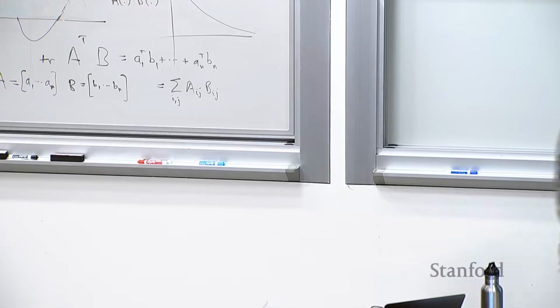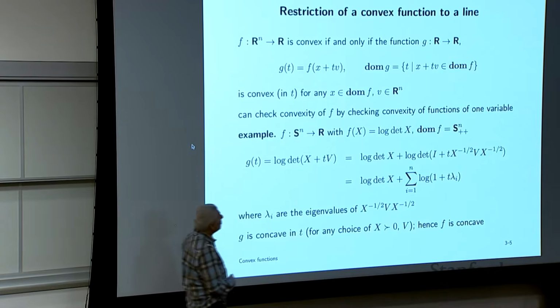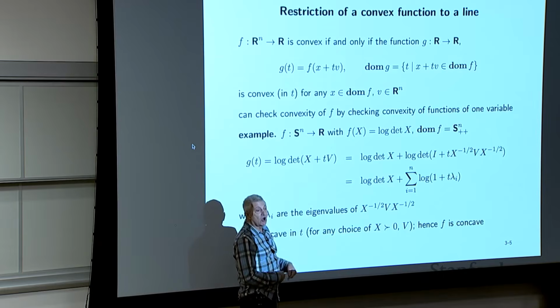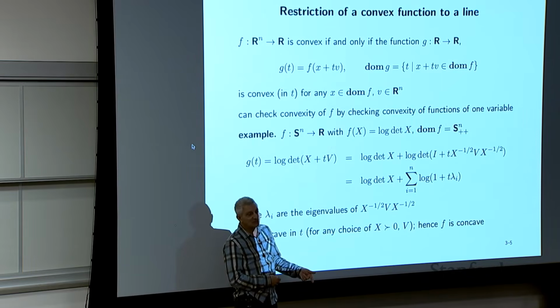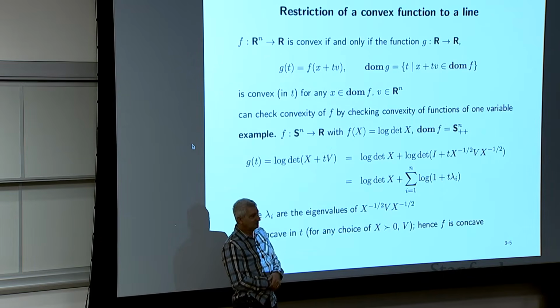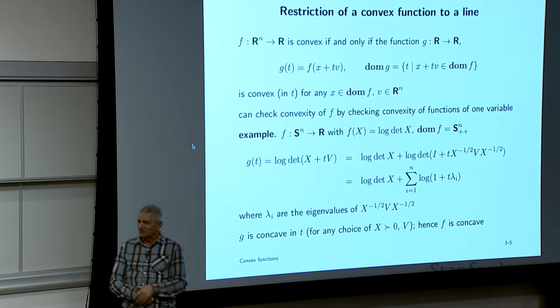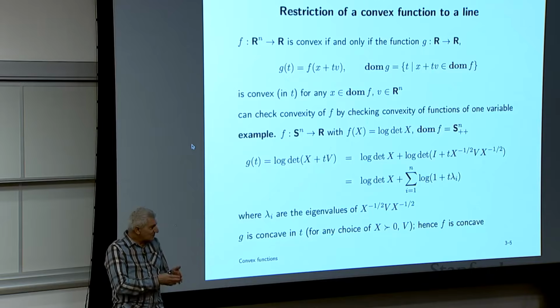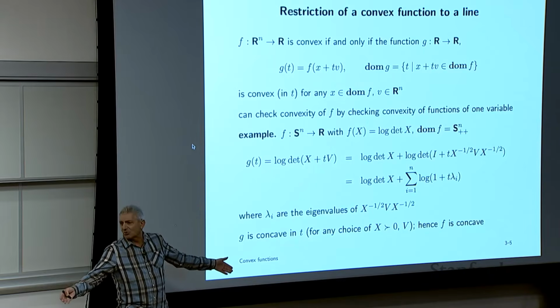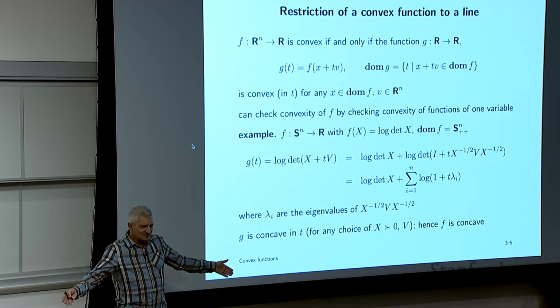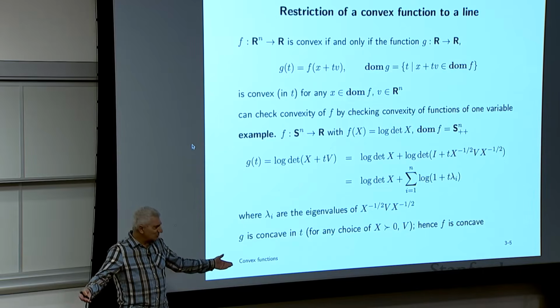This is a cool example. It has been known for more than 100 years that the log of the determinant of a positive definite matrix is concave. Which is crazy. And it's a really complicated function if you think about it. It's the log of some crazy polynomial with n factorial terms in it. How on earth would you know that?